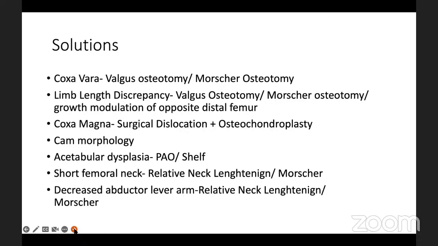There's a coxa magna, which can be addressed with safe surgical dislocation of the hip and osteochondroplasty. And the same goes for the cam morphology. And the acetabular dysplasia can be addressed with a PAO or a shelf augmentation. The short femoral neck can be addressed with a relative neck lengthening or a Morscher osteotomy, and the decreased abductor lever arm can also be addressed by the same. However,